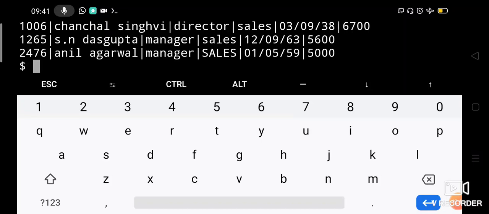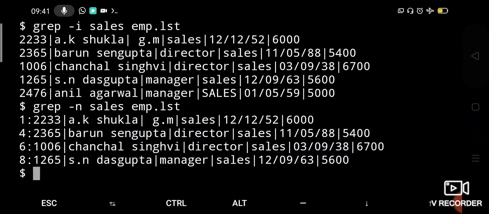Now let us use the -n option with grep. -n is for displaying the line numbers. So let us use -n for finding the sales pattern in the file emp.list. Now you can see the line numbers at the very beginning of the output: 1, 4, 6 and 8.